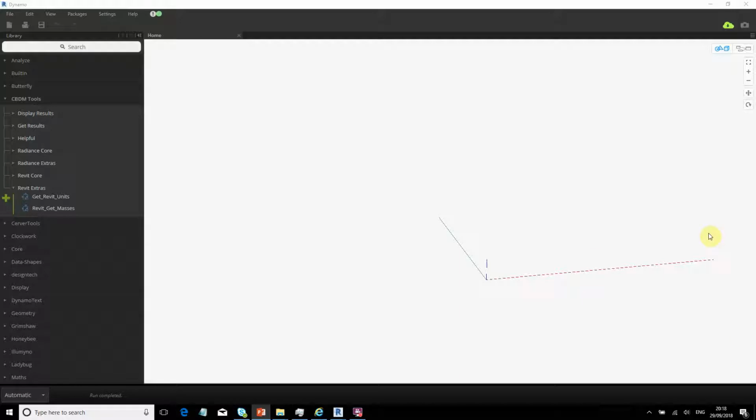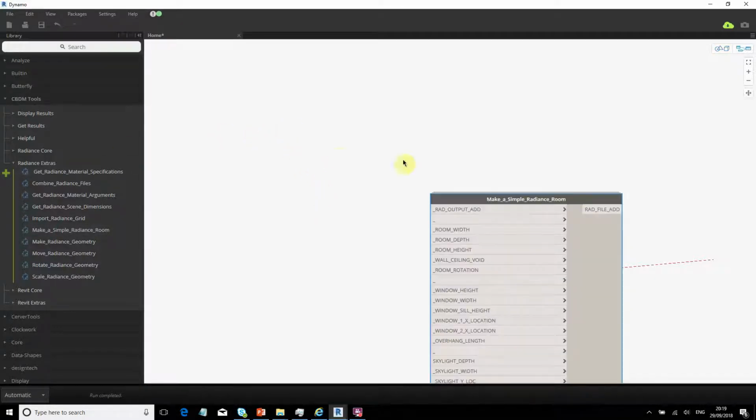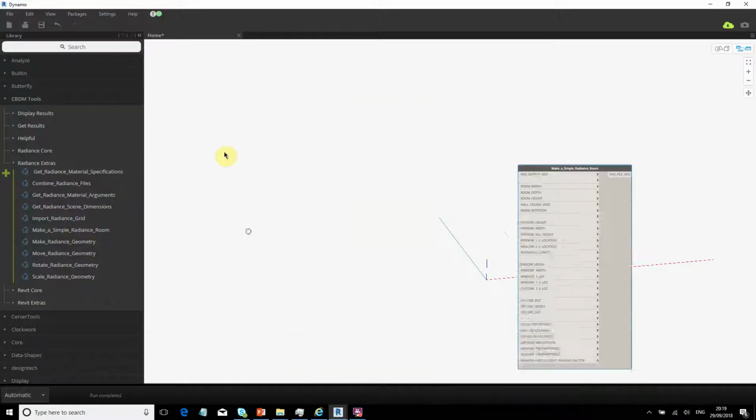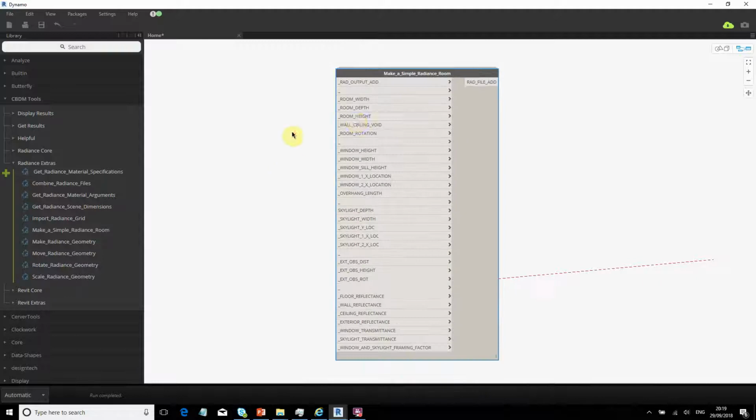But if I want to do this kind of thing without having to make the model in Revit, I have put you a facility in here to do that. The way it works is if you go to Radiance Extras, there's a feature called Make a Simple Radiance Room. It is a huge node, but it is feature packed, and you may not need all of them. It's actually just a bundle of legacy code from a previous version, but I've stuck it in because